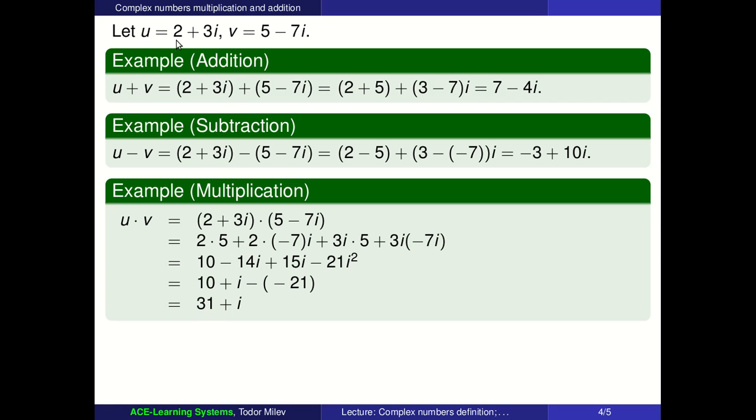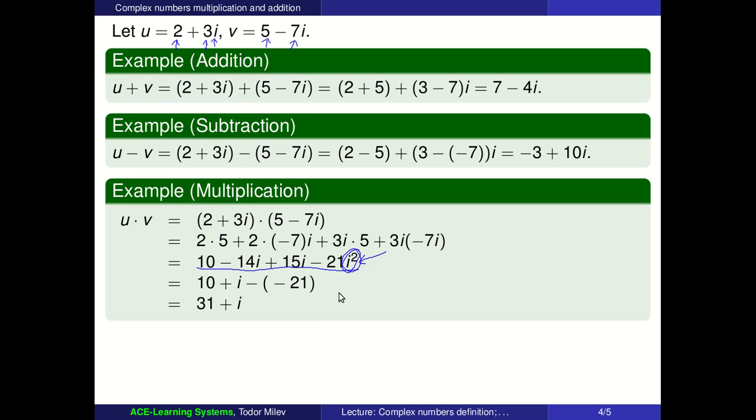By the way, I started with a number of the form a real number plus a real number times i. I had another number of that form, a real number plus another real number, negative 7. So the real number 5 plus the real number negative 7 times i. So I had two complex numbers. I multiplied them out. And when I multiplied them out, well, following common sense, I would get this expression, which depends also on i squared. So that expression would not be of the form a real number plus a real number times i,